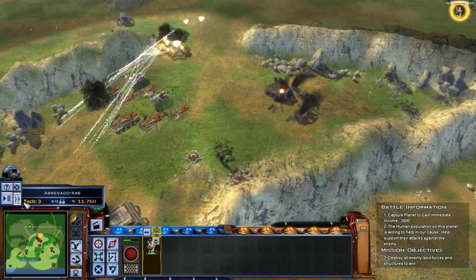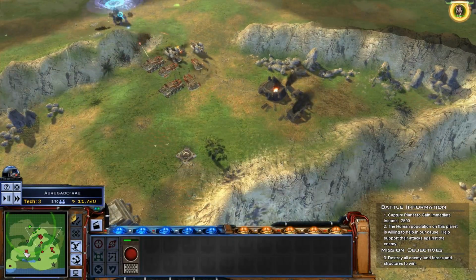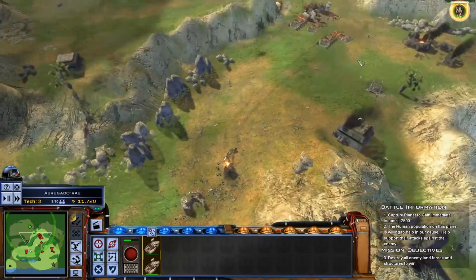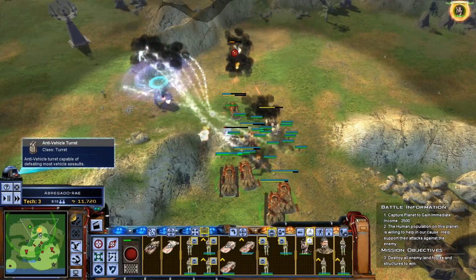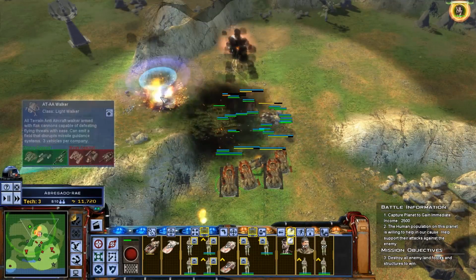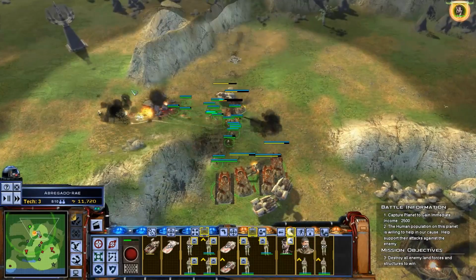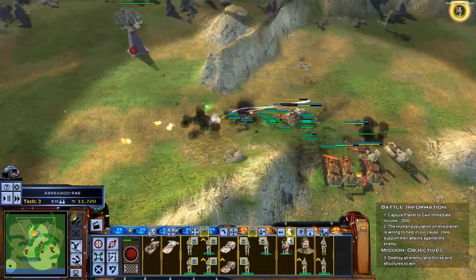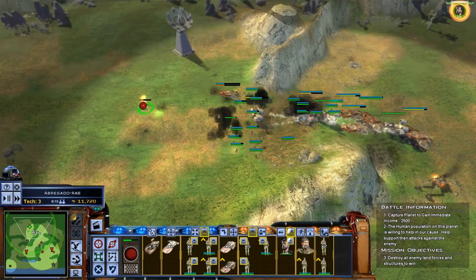We've secured a build pad. We should actually get the shield gen down just in time for us to be able to use a bombing run, so